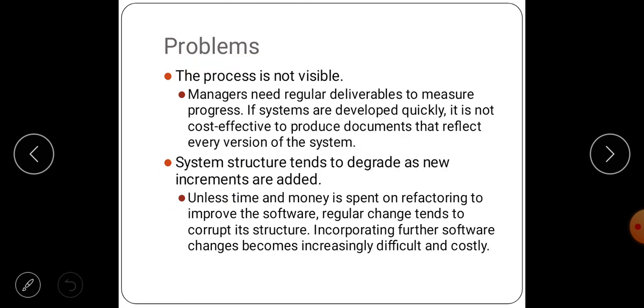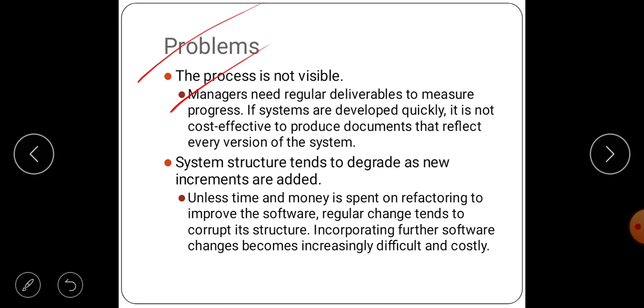What is the problem of this incremental development? The process is not visible, which means the process is not transparent. Managers need regular deliverables to measure progress. If systems are developed quickly, it is not cost effective to produce documents that reflect every version of the system.